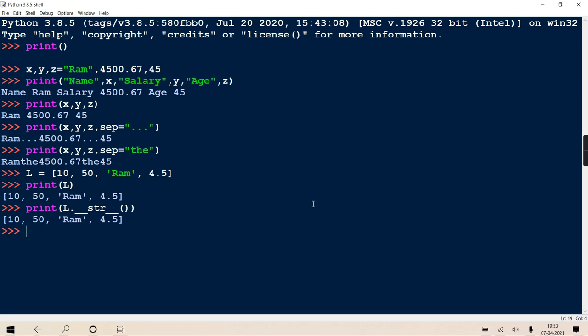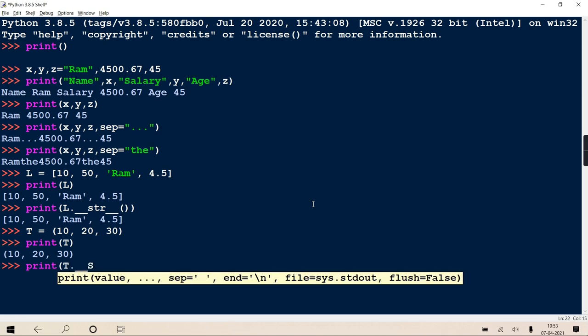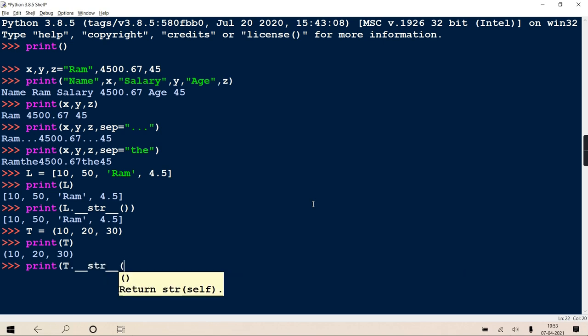And this is applicable for any object, like if you are creating a tuple object. Getting? Now T is a tuple object, and if you pass the T, the tuple is printed, but actually T has called its dunder method, magic method, which will also display the same thing. So ideally this is an explicit call, and here it is an implicit call. Implicitly it is calling this method, and then this method returns a string containing the values of T, and that string print displays on the monitor.